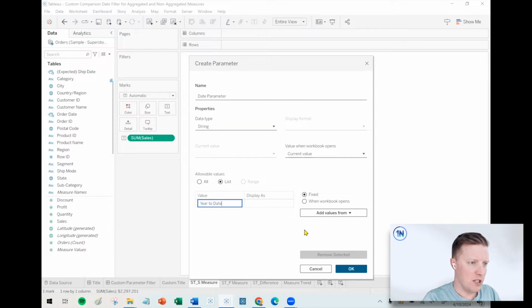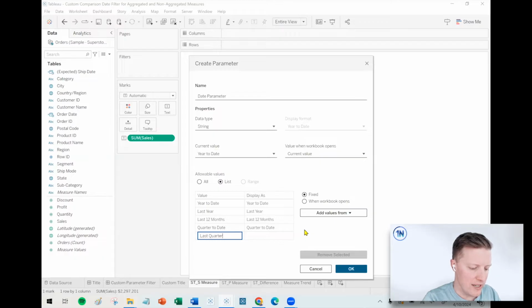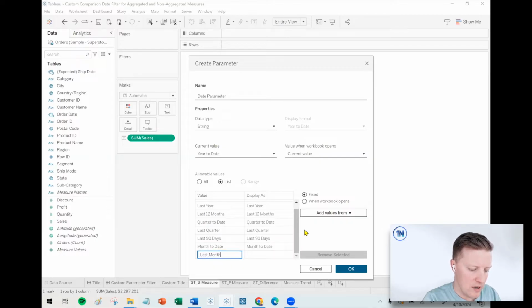As much as possible, I'm gonna try and put the same options in here that you saw in the example that I gave you at the beginning. I think there were 9. They're essentially just different varieties of year, quarter, and month. So like month to date, last month,